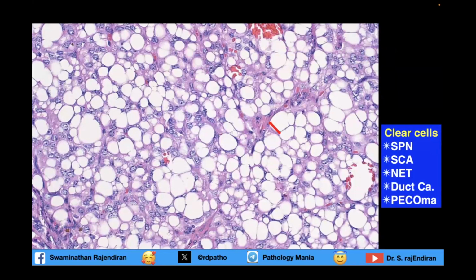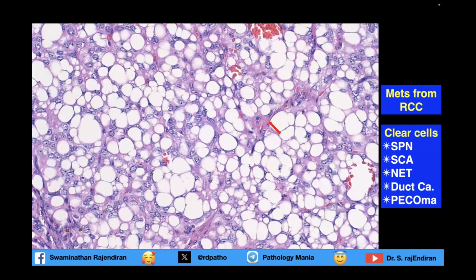But clear cells can be seen in more than one type of pancreatic tumors, solid papillary, pseudopapillary tumor, serous cystadenoma, neuroendocrine tumor, ductal carcinomas, picomas can have clear cells. So you have to be careful, look at the adjacent areas, what they are showing. If it is totally clear cells, as I told you, rule out mets from RCC and do immunohistochemistry to subtype